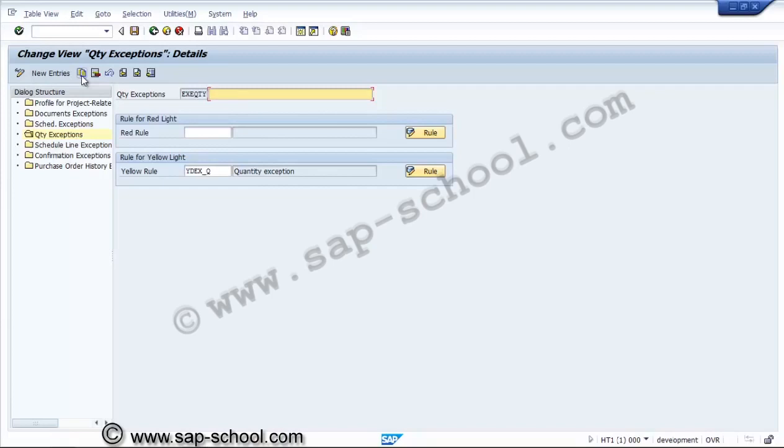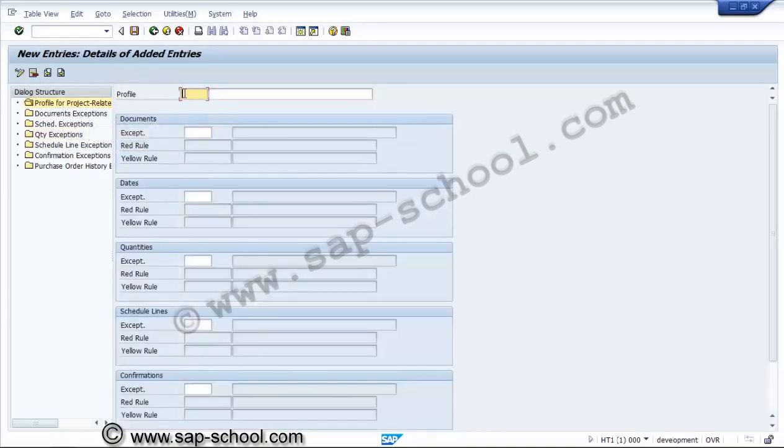Now we can create the exception profile. Already we have created a rule for the quantities and one for the dates.